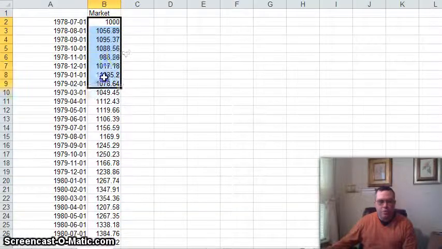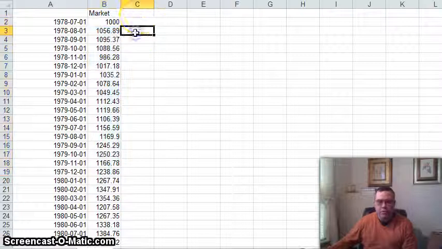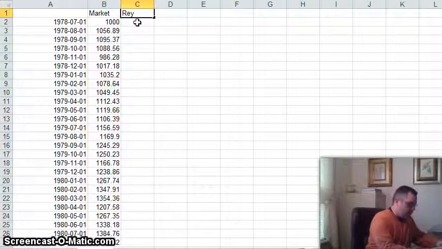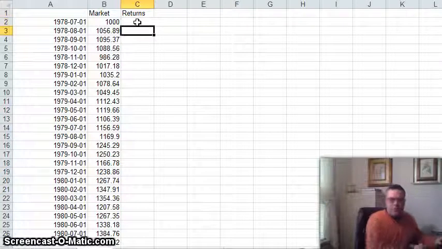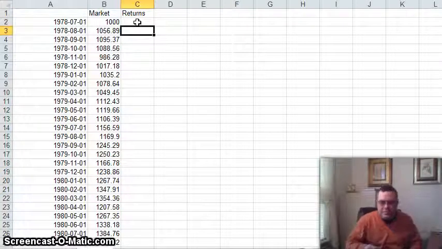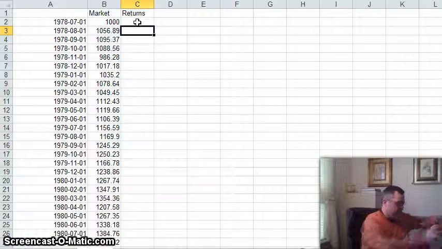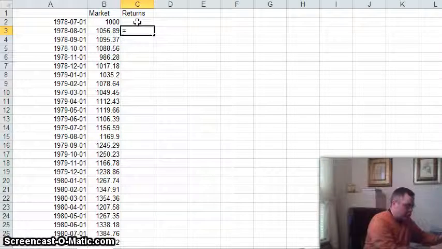So these are dollar changes. What we want to do is convert them into returns. So I'm going to make a column here. I'm going to call it returns. And there's different types of returns. I didn't cover compounding a whole lot in this class because it's kind of a minute subject that in practice you're not going to have to worry about that much, I don't think. But one thing you could do is you say it equals,